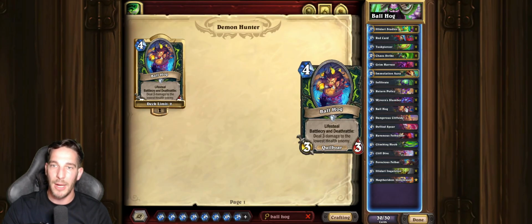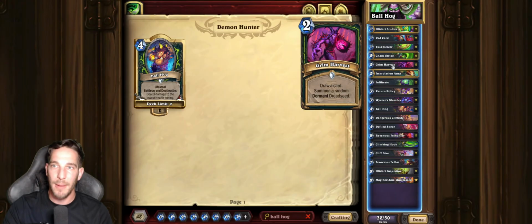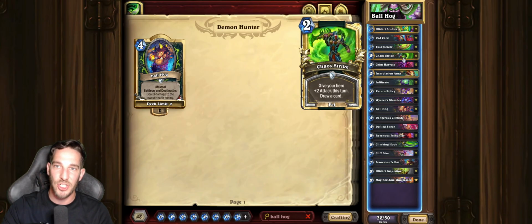The Ball Hog is definitely one of the biggest cards that you want to get in your main hand. So you want to get either a Ball Hog, these Studies, the Tusk Piercer, stuff like that in your main hand, and the Grim Harvest, so you can draw cards and get to the Ball Hog if you did not get the Ball Hog. Then you get into some other things like Dangerous Cliffside, which helps you get some